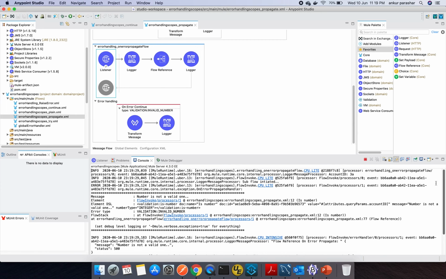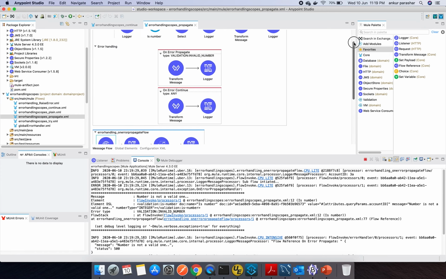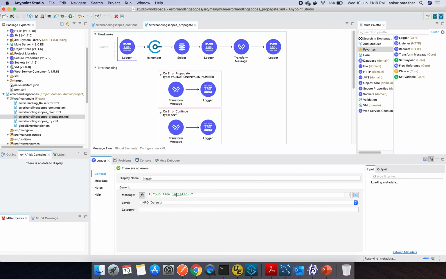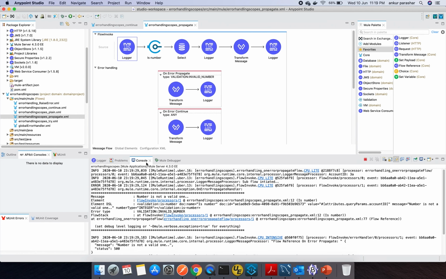So this time we have sent account ID 3A, that is printed from here. After that it enters the flow reference. It goes to this particular logger. What does it print? It prints subflow initiated. So let's see where it is. Subflow initiated. After that it goes to the is number where it errors out, goes to the on error propagate. So this is the on error propagate printing the entire stack trace. Okay. What I have done after that,